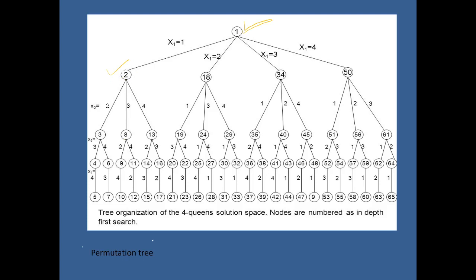So it has 3 children, and it started exploring. It has visited the first child and stopped exploring the remaining children. So the node number is 3. Again it went to its children, node number 4, 5. Then it started visiting the next child of this, 6, 7. It went back, again backtrack. Then it has seen no more children, so backtrack, it went here. Yes, it has one more child, so the next node number is assigned to this. In this way,